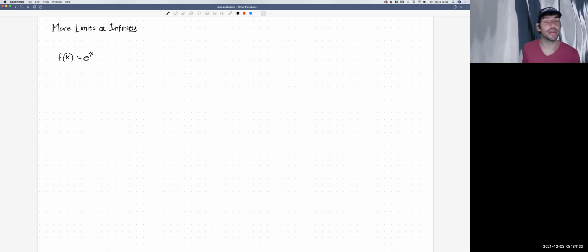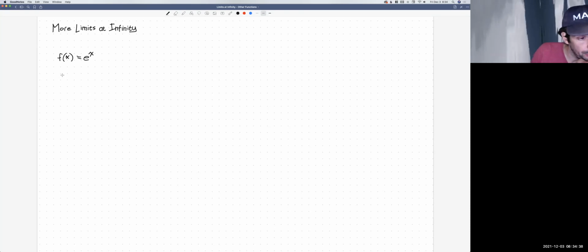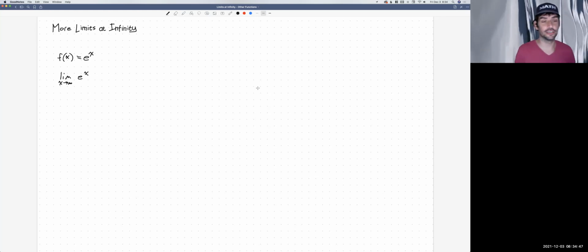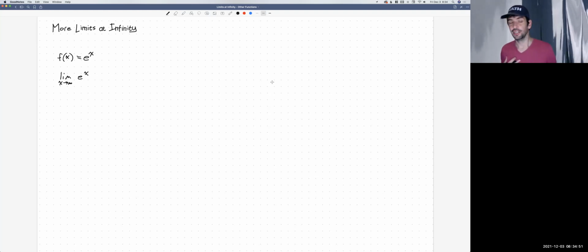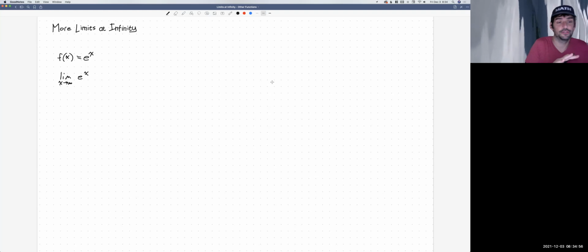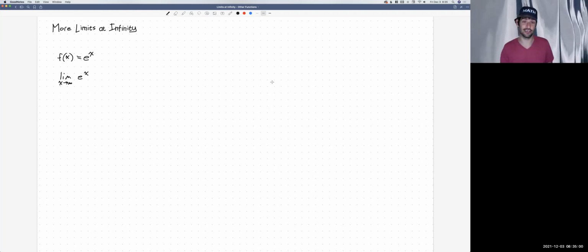Right? We want to think about what happens to this thing at infinity, or as we take the limit to infinity and the limit to negative infinity, right? So let's just take a look. We're just going to think through this idea as we make our x values larger and larger and larger, right? It's easy to conceptualize with whole numbers, right? Of course, we can put in any exponent, but if we think about whole integers,